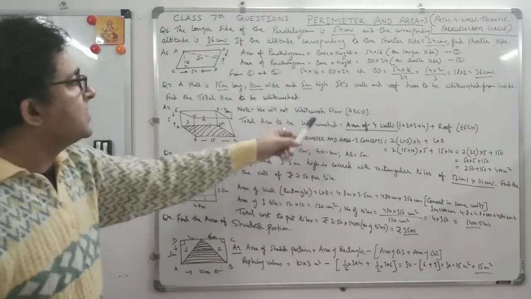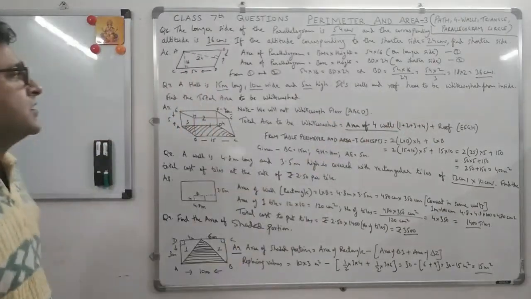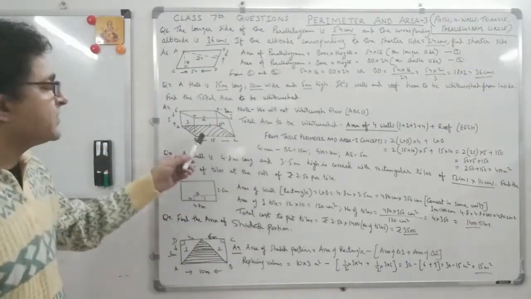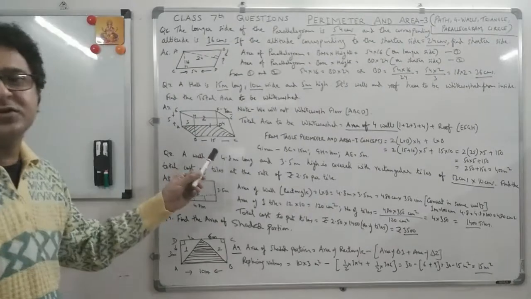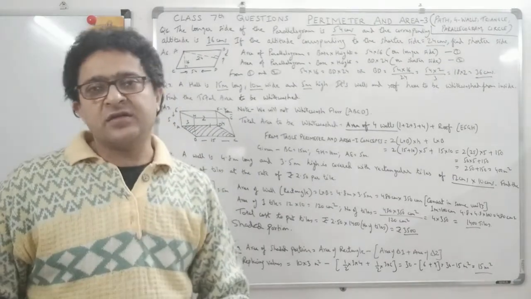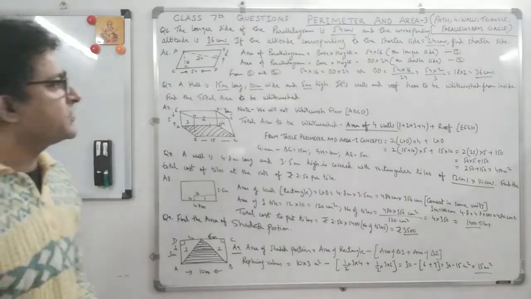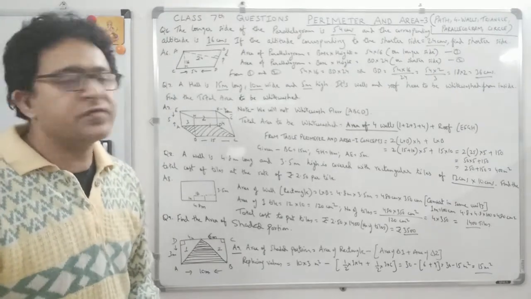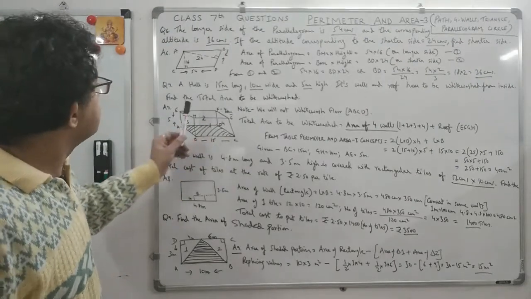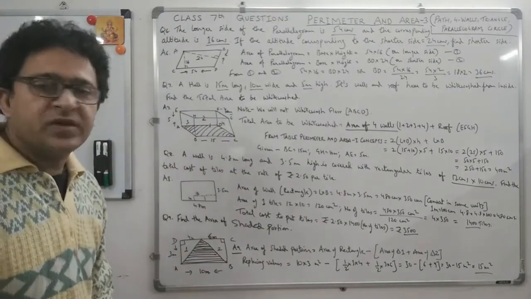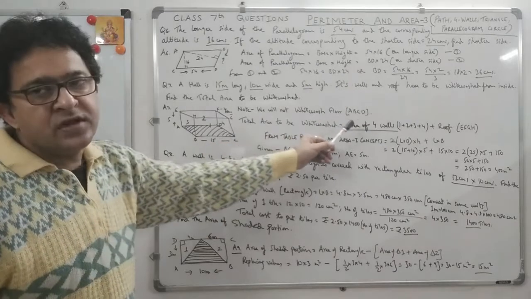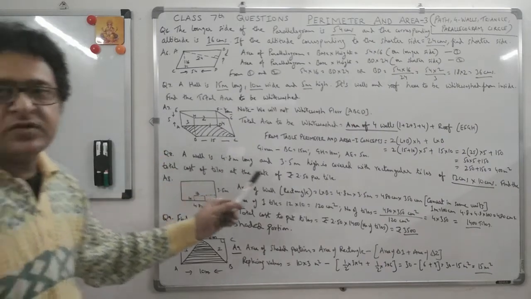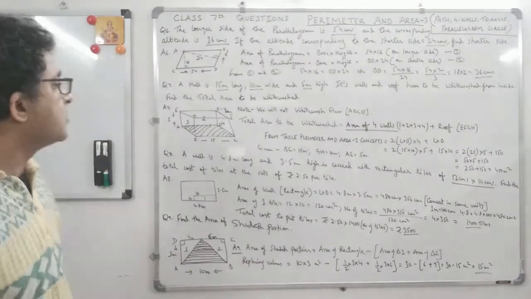This is given, right? Its walls and roof have to be whitewashed from inside. So whenever you have to whitewash from inside in any hall, it has to be this portion. Why? Because practically you cannot whitewash the floor, right? So that has to be left. So from inside, when you whitewash, it has to be the area of 4 walls plus the area of the roof. So the question here is simply to find the total area to be whitewashed. Note, we will not whitewash the floor. ABCD is the floor, so we will not whitewash this. We will just whitewash the ceiling or the roof and the 4 walls.